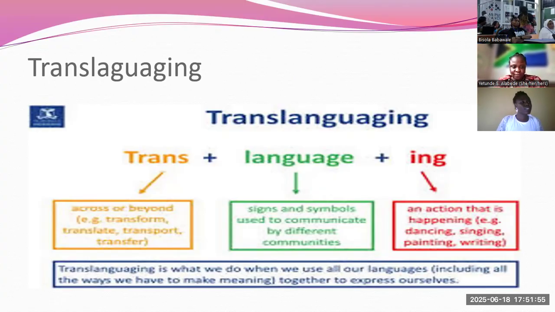So there's a need to actually explore other emergent approaches to language teaching. And one of them is translanguaging, which is a new approach, although it emerged in the 1980s. However, it's not until recently that a lot of researchers are trying to look at it as